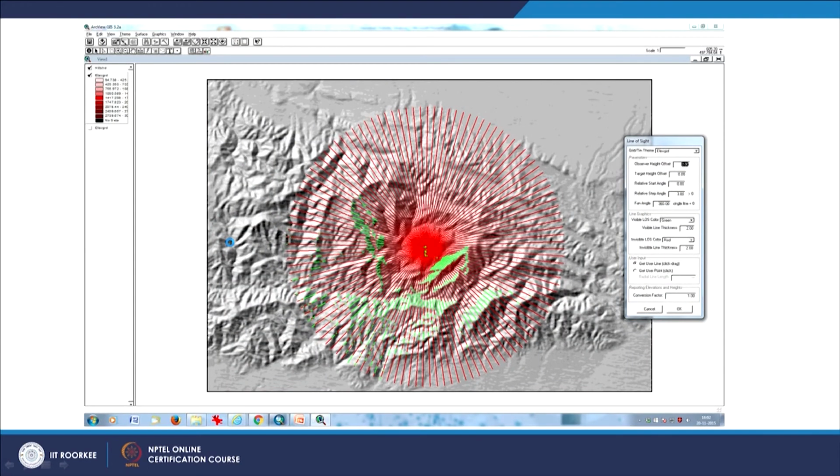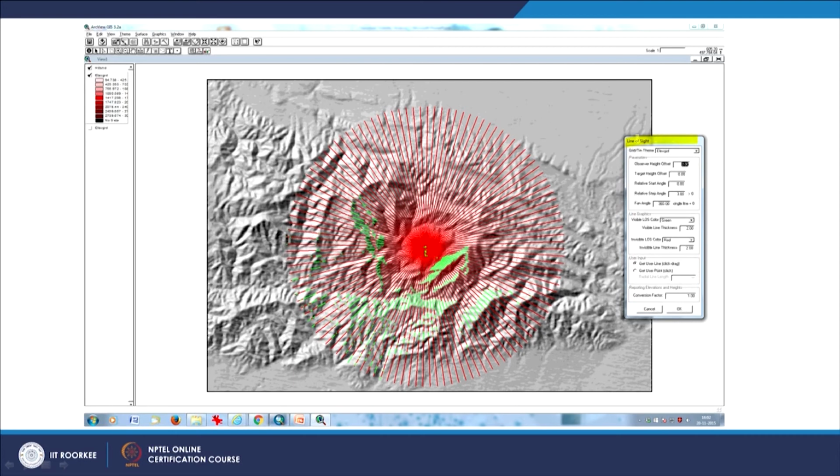Another example, in a circular fashion: if a person is standing here and rotates, how much area would be visible and how much would not be visible. Again, green areas are visible, red areas are not visible. This red is because of these lines concentrating all around the points.